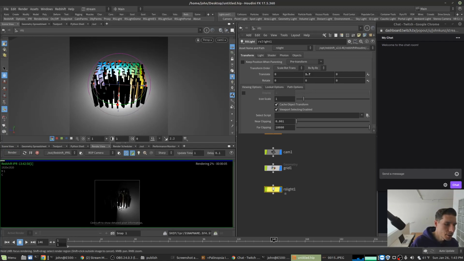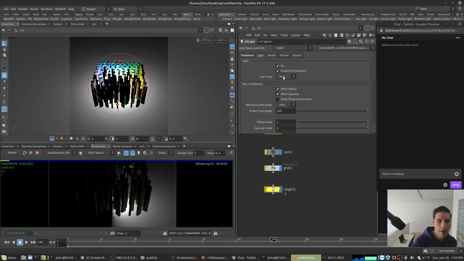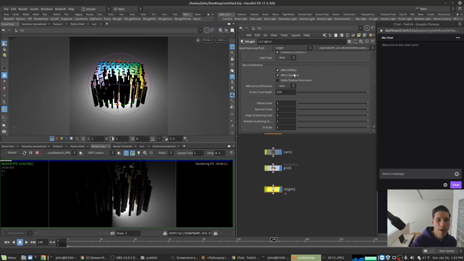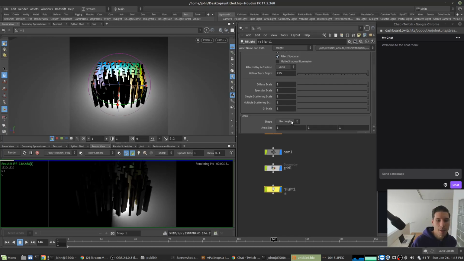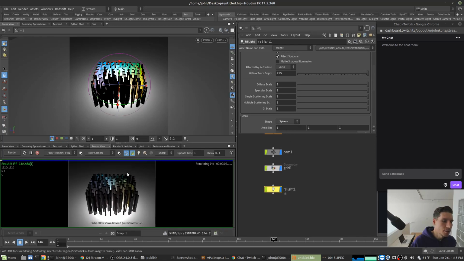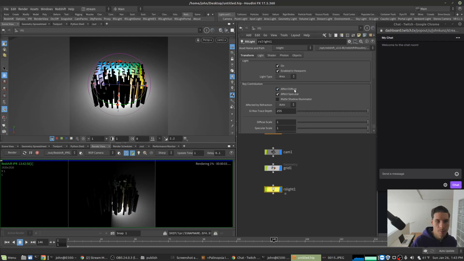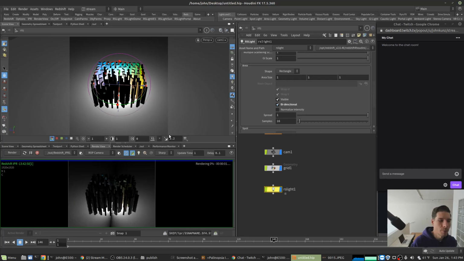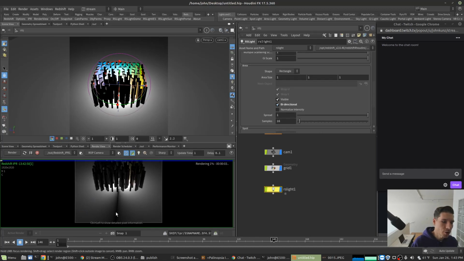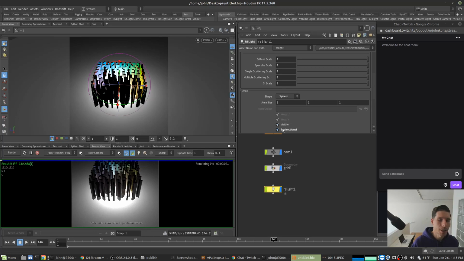You can see everything is just going in one direction. That's because I have this area light, and it's making a rectangle. If I change it to a sphere, now you can see that it's going in all directions. The rectangle's directional light, I think I could change it somewhere to be bidirectional. You still have this shadow. So if you move away from rectangle and you go to sphere, then you have kind of like a 3D